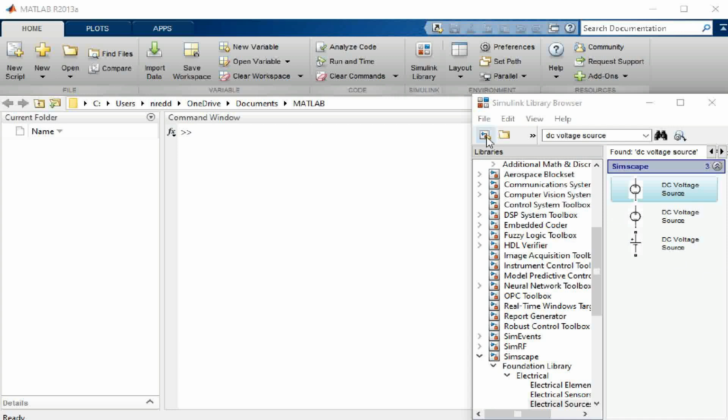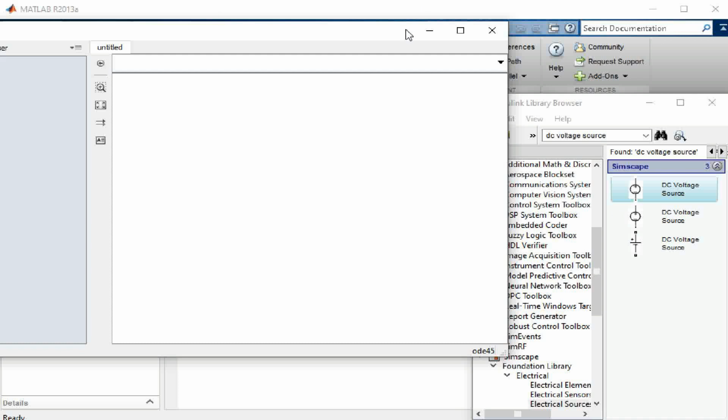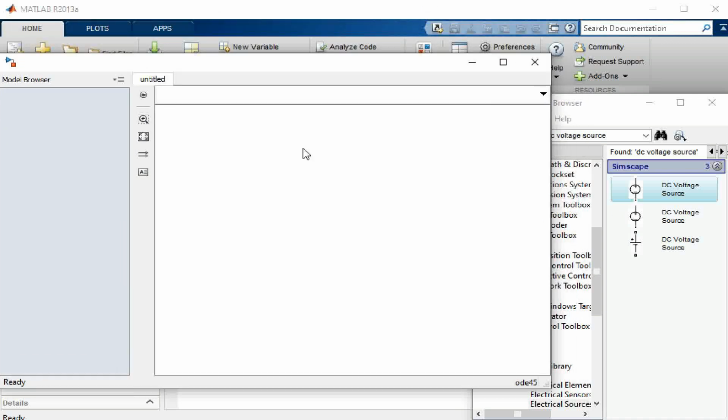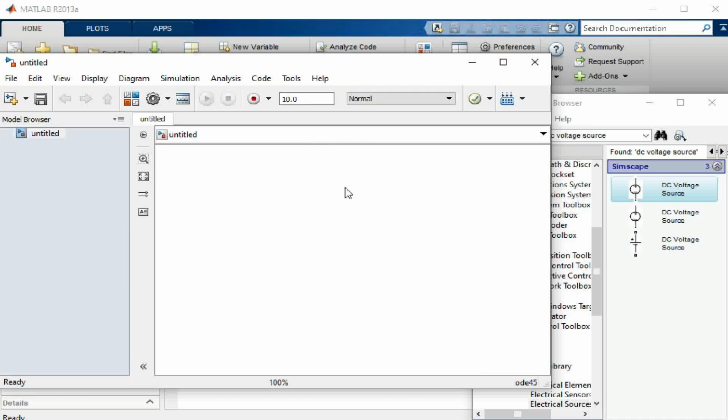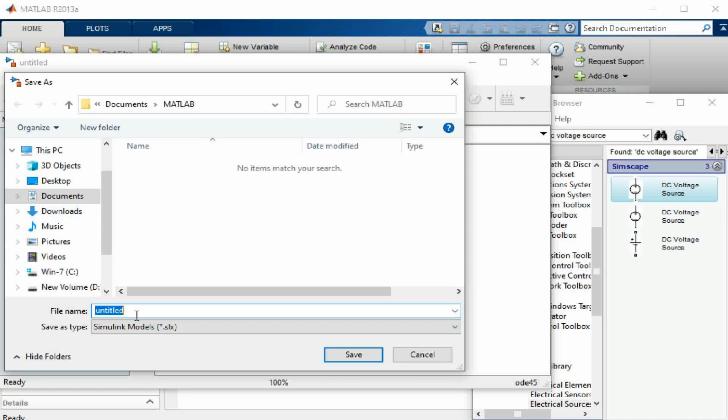Before that, just open your project space. This is your project space. Here you draw your simulation diagram and save your project space with the name mesh.